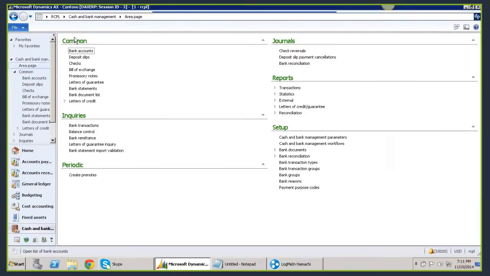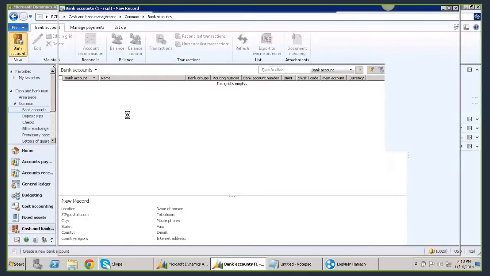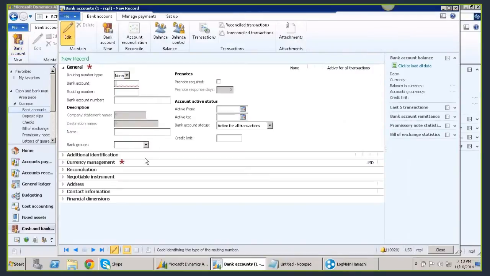Go to cash and bank management, common, bank accounts, and click on new bank account. Go to currency management, first tab.